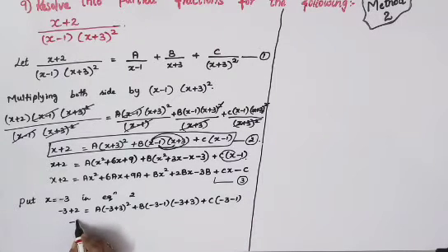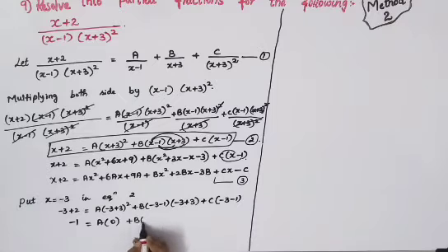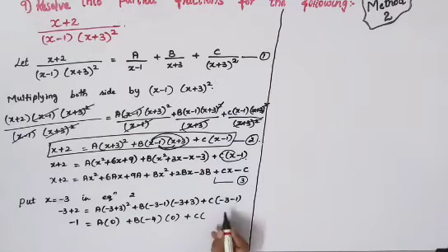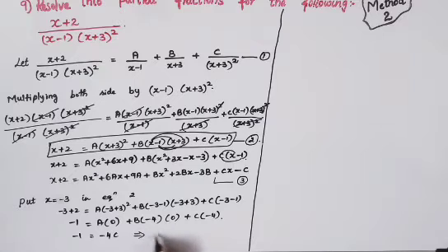Now we'll go for the solving. Minus 3 plus 2 is minus 1, which is equal to a into minus 3 plus 3 will become 0, plus b into minus 3 minus 1, when you are adding you will get minus 4, and this part will become 0, plus c into, again you will have minus 4 here. So the next step is minus 1 is equal to, a will become 0, b also will become 0. So the left out part will be minus 4c. That implies c is equal to, minus and minus you can cancel, so 1 divided by 4 will be your answer. So therefore c is equal to 1 by 4.